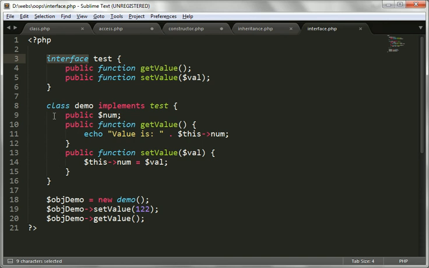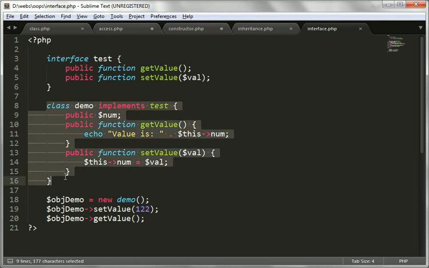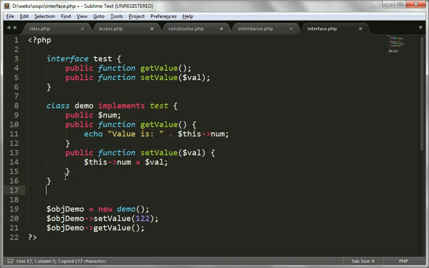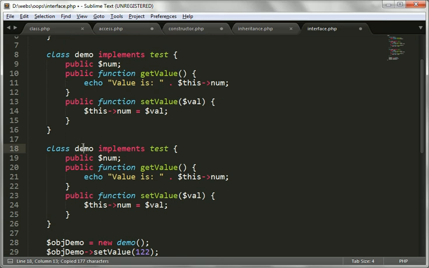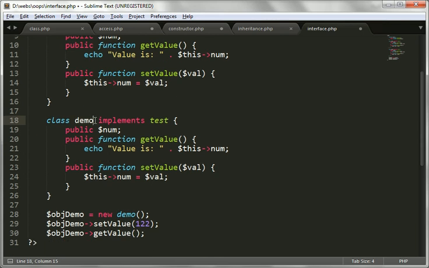Here I'm going to create a new class, just copying this code and pasting it here and giving the name demo1 or something.